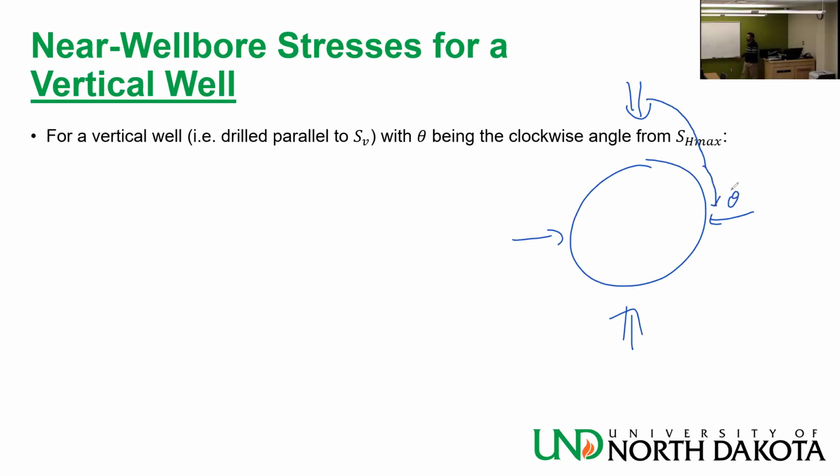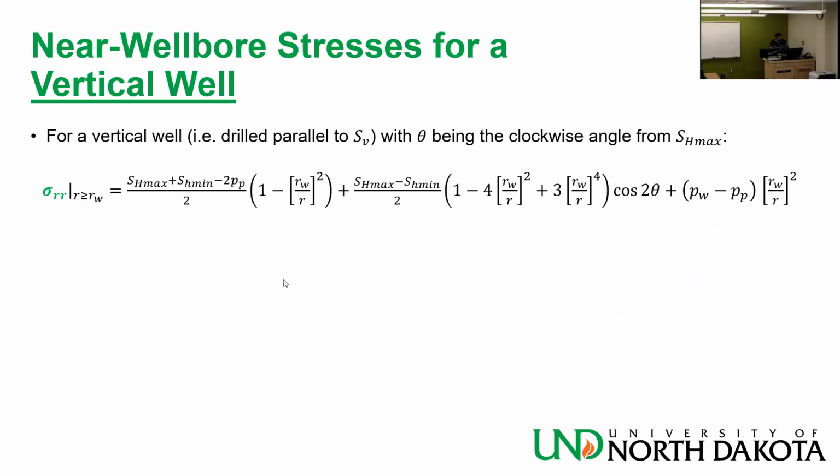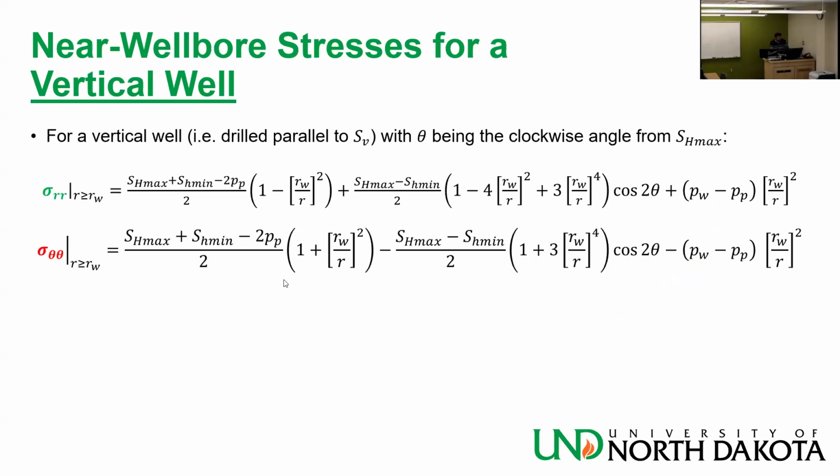So at theta equals 0, I'm in the direction of SHmax. At theta equals 90, I'm in the direction of SHmin. Okay, clockwise angle. If I assume that, this is the equation for the radial stress, tangential,